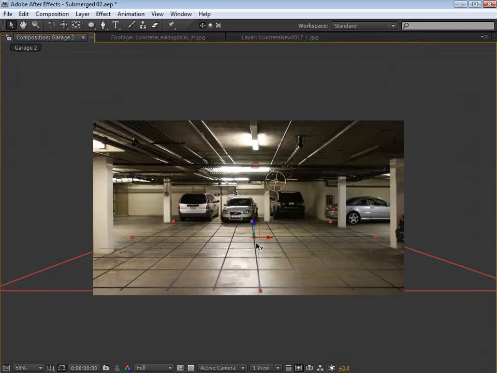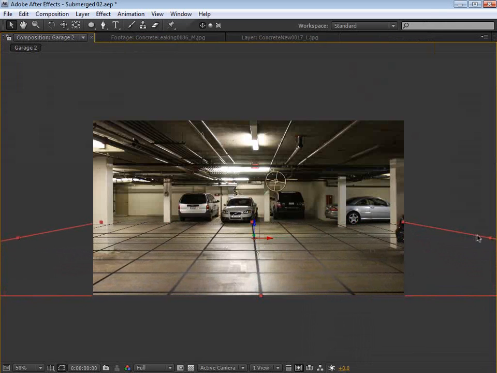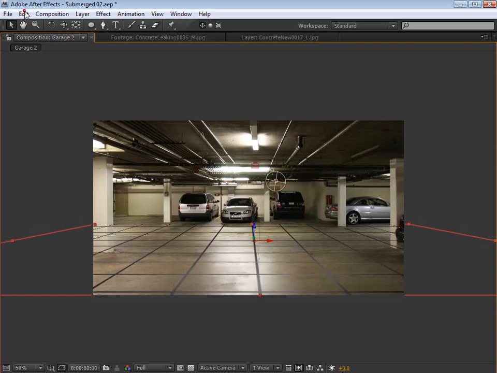And we'll scale it out. Now we're going to keep it pretty simple, but camera projection can get quite complicated. Like we could build planes for the pillars here, and we're going to just keep it simple though. So looks pretty good here, and we're going to duplicate it, and we're going to move the second